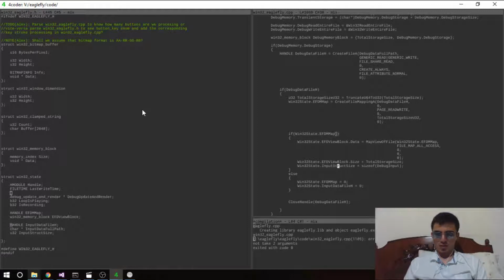This would be the same, and this should be full path input data full path. And now I guess I need to